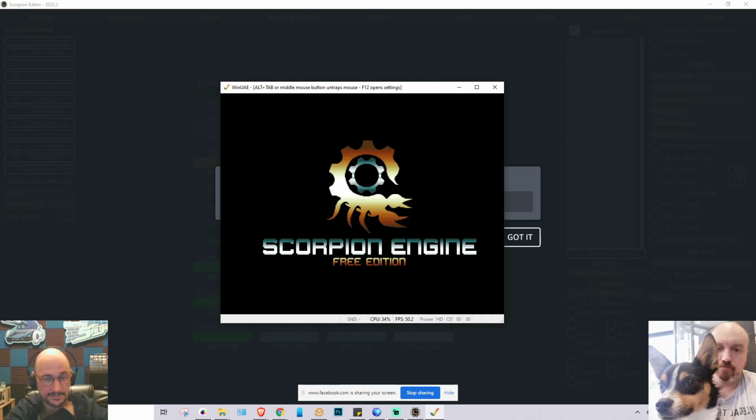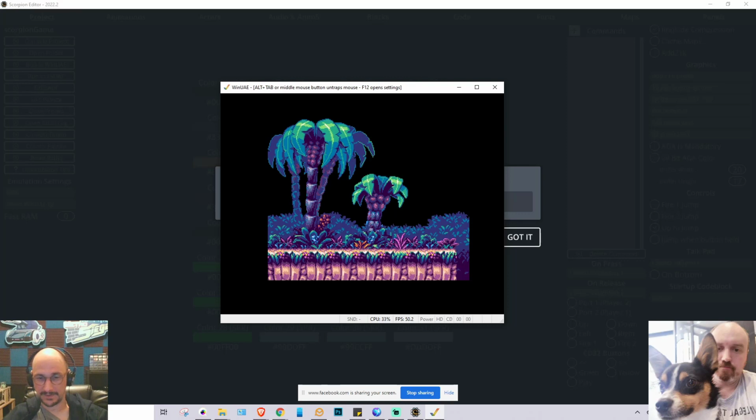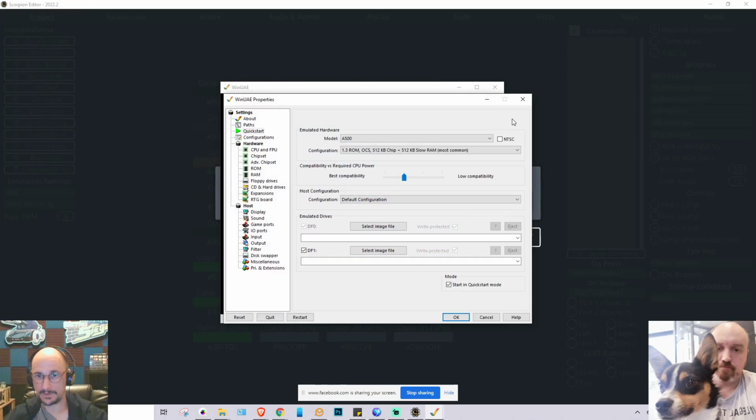I love how Scorpion configures the settings for giving it the file, like setting up the drive and the Amiga settings. It's really elegant. It was very painless to set it up to use the emulator. There it is, there's your level. Very nice. So it's F12 to get out. Is there a more elegant way than F12 to quit out of the emulation when you're ready to go back into Scorpion? Not that F12 is hard, but...